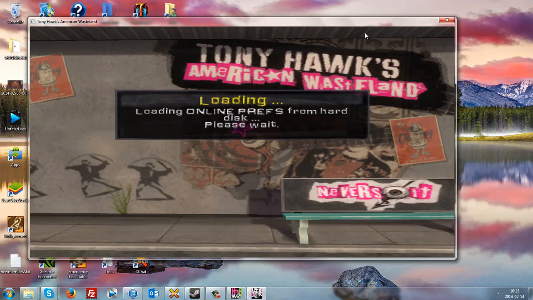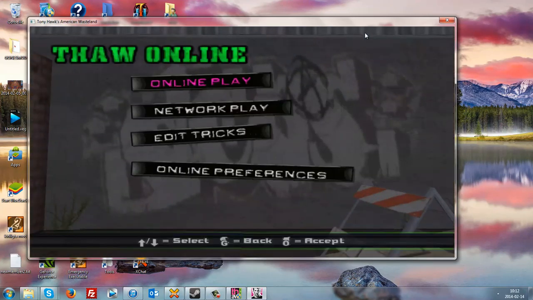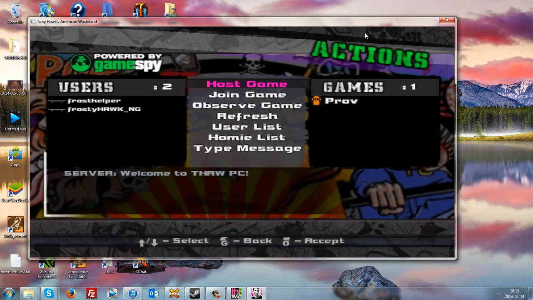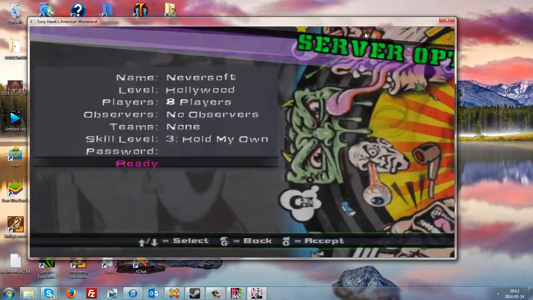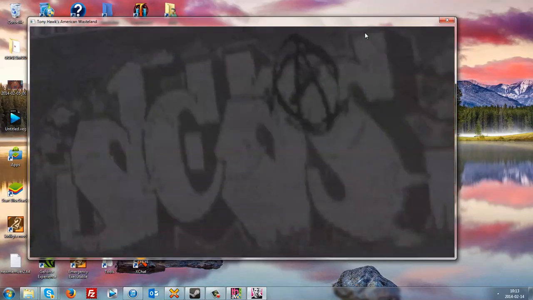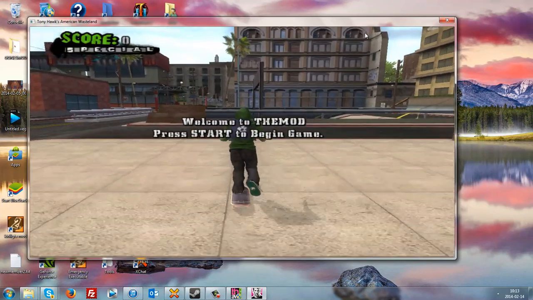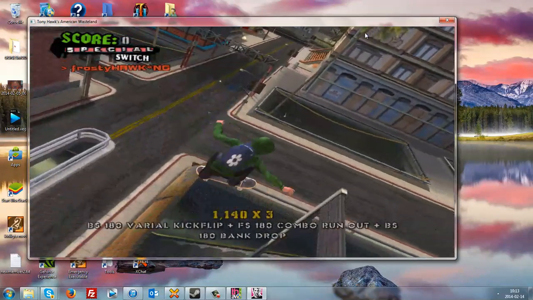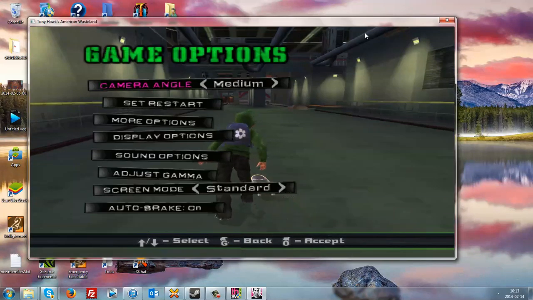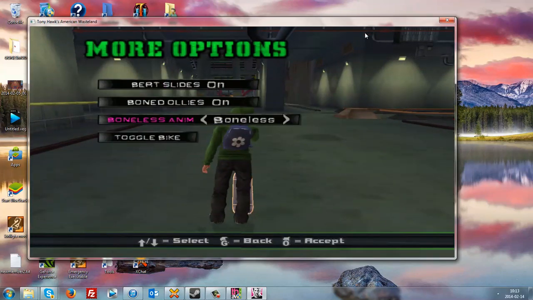Now that it's loaded, let's go see what's added into this. This is my first time doing this too, so just saying. You'll see. Oh, there's already a game up. Anyways, I'm gonna start a game in downtown. It runs pretty smoothly. If you press on the Windows key, you're able to go on to other programs and stuff. And if you check into the Chad menu, you have a camera angle that you can change, more options,